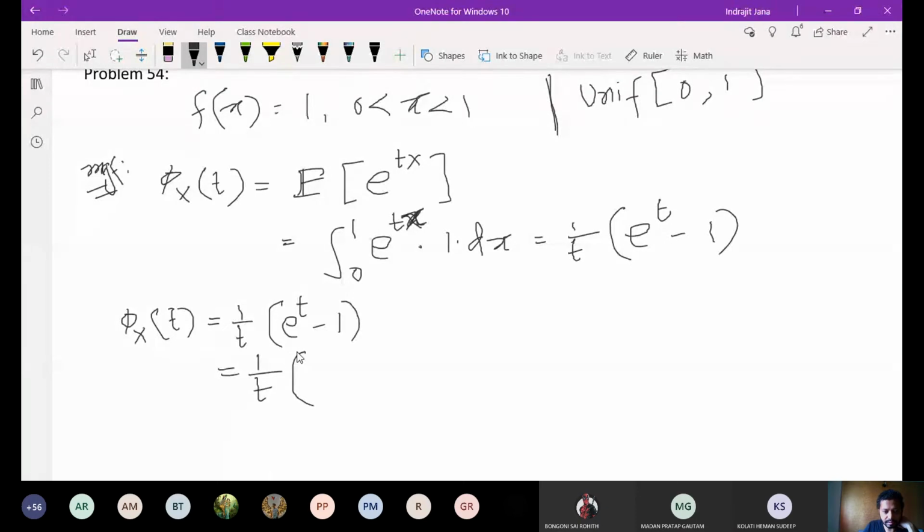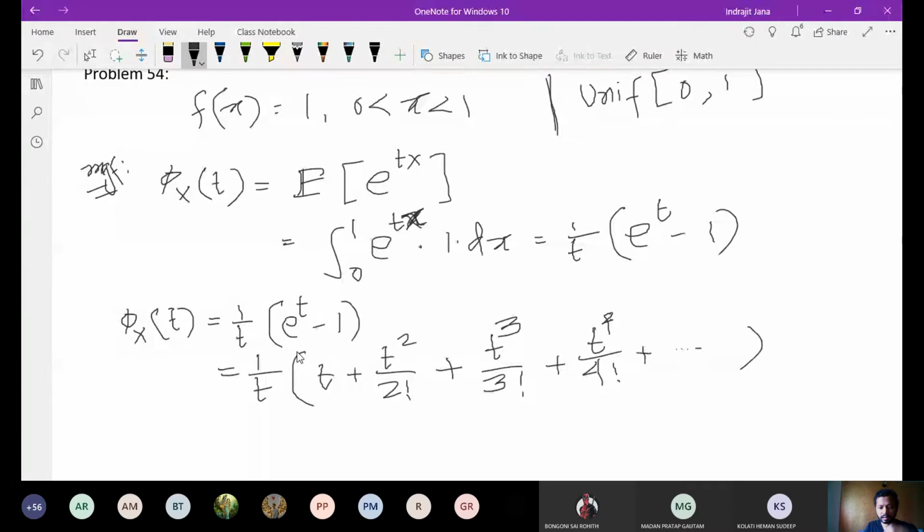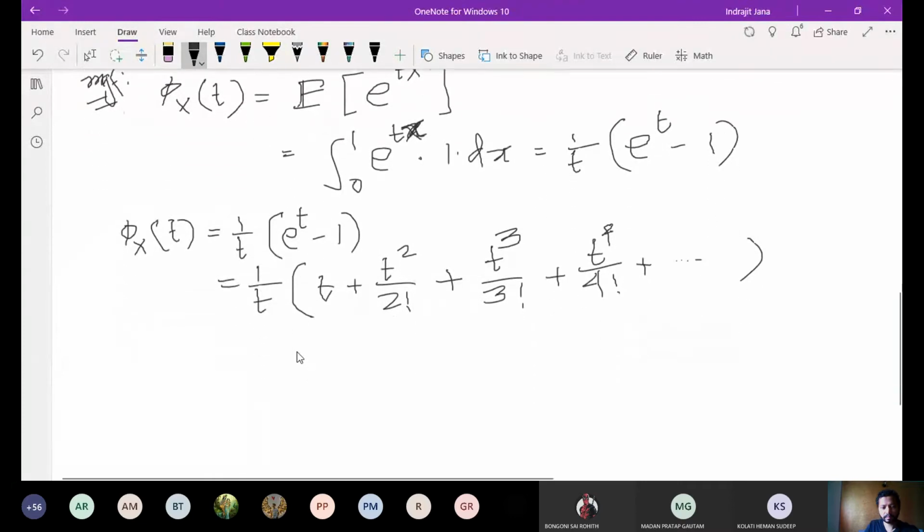That 1 and 1 will cancel. So you will get t plus t square over factorial 2, plus t cube over factorial 3, plus t to the power 4 over factorial 4, and so on. And if you adjust by this t, it's going to look like 1